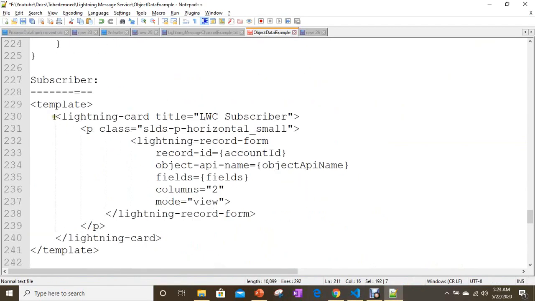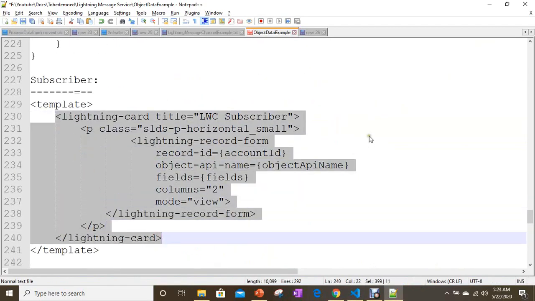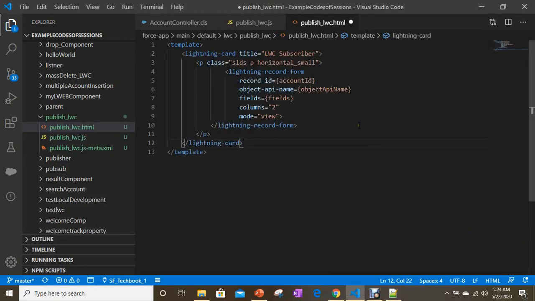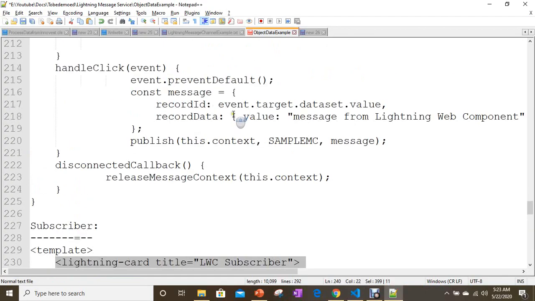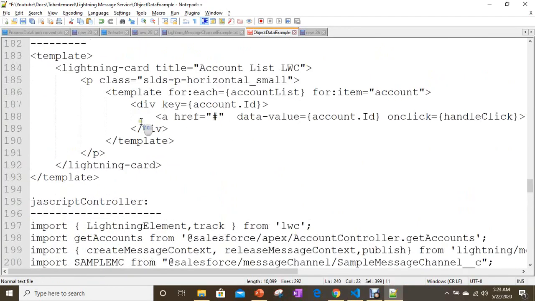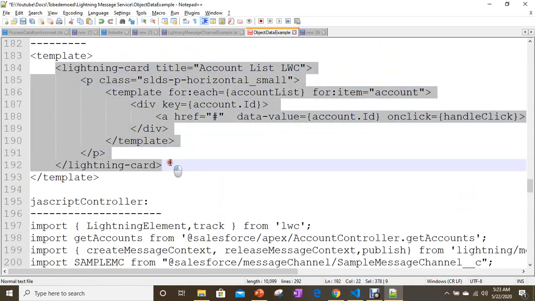Now let's write our template. If you see the template, this is the template.